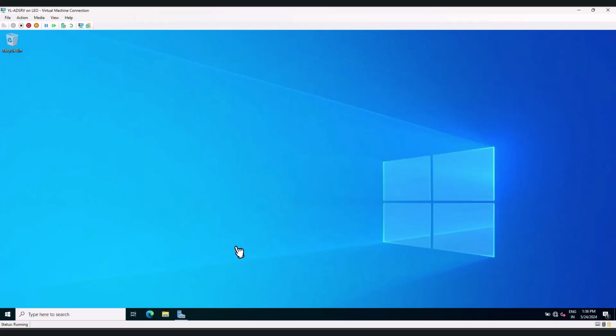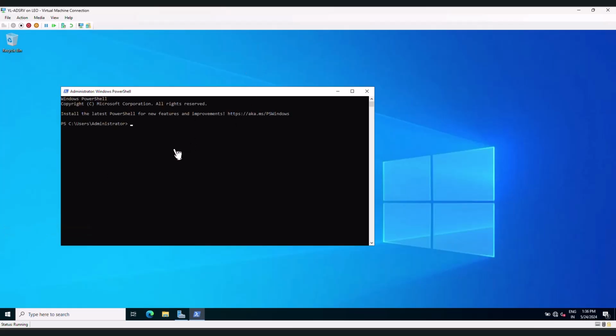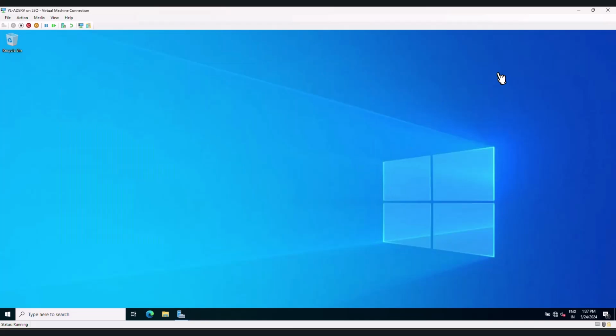So now the group policy is created. We just need to update the group policies. Go for the admin PowerShell or command prompt, anything, and gpupdate /force. Okay, fine, it's done. So we can close this one. So now we are good to go with the